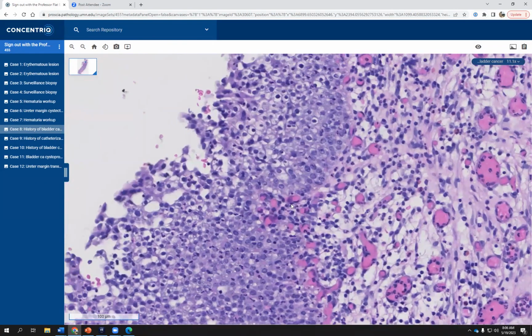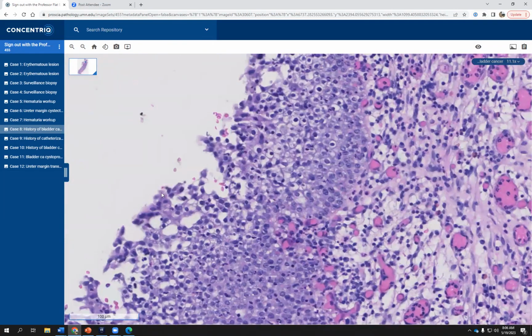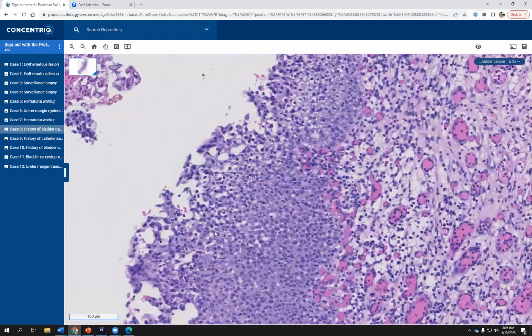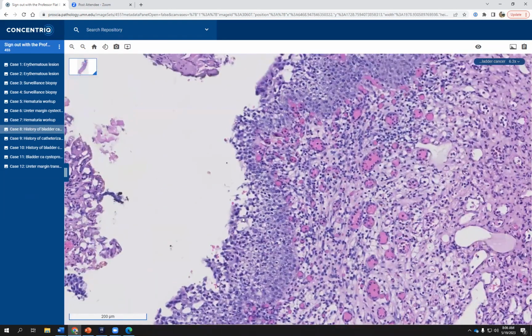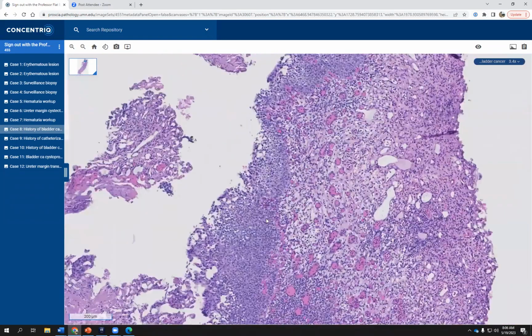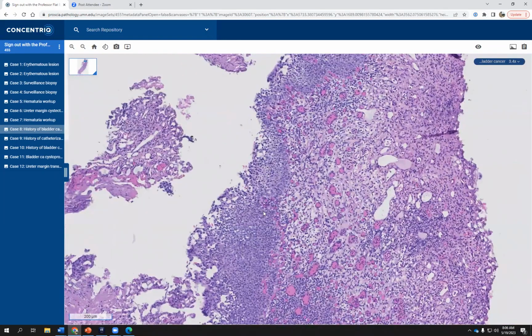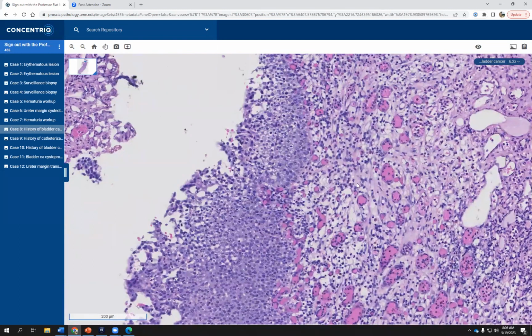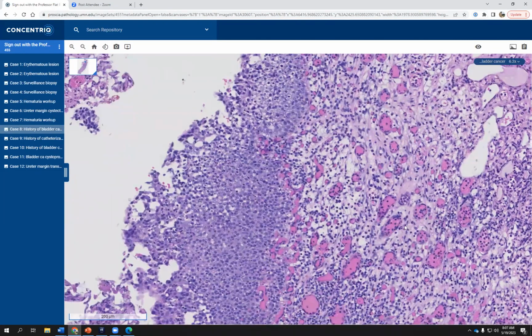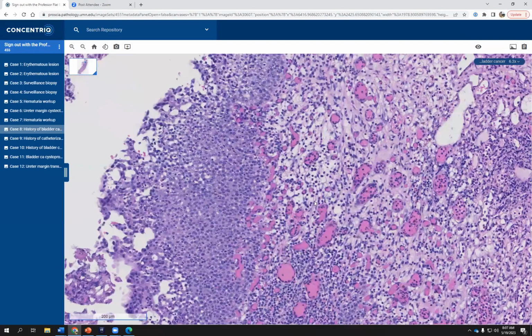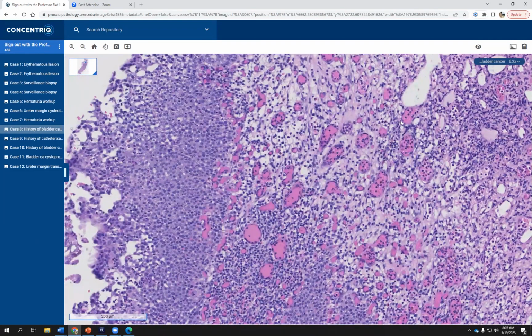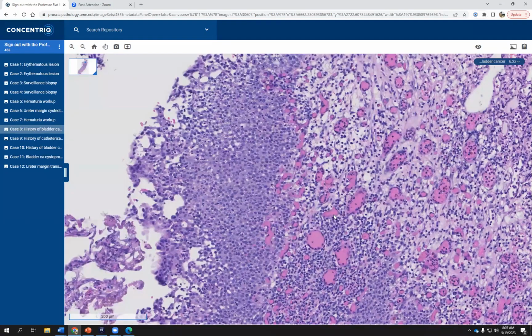So a combination of these features, including the fact that often you may have surface denudation and what looks like loss of umbrella cells, may make you think of atypia or carcinoma in situ. Right. So what are the features that help us differentiate true atypia or true dysplasia from reactive changes? So number one feature, especially in these sort of situations, is the degree of inflammation. So here, as we saw in the stroma, there is a high degree of both acute and chronic inflammation, which